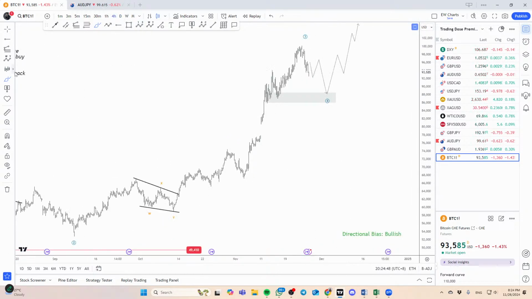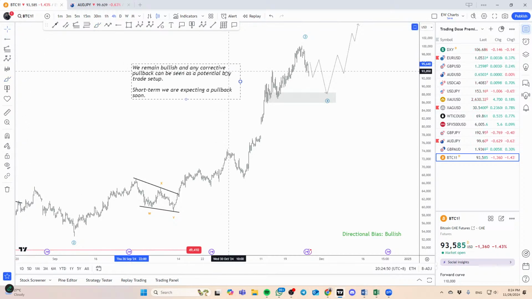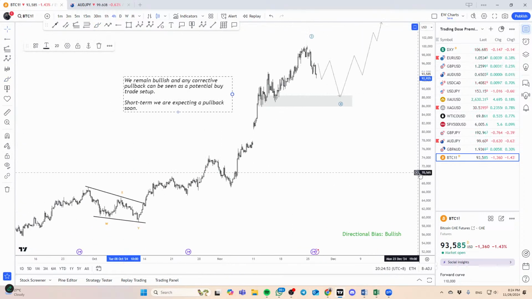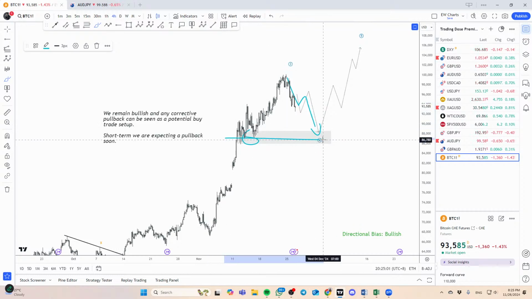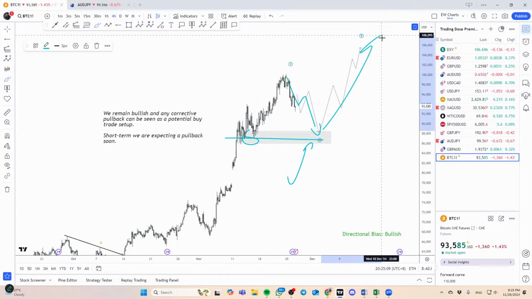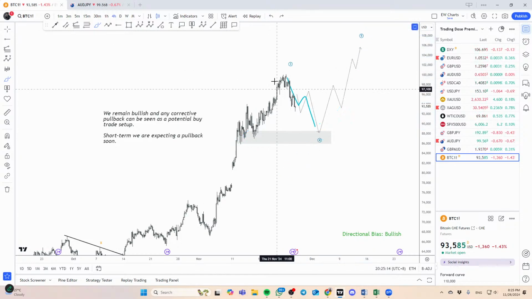If we look at the perspective of that plus the charts here, obviously now it's doing a little bit of pullback. I think the pullback can come back as deep as maybe around 88,000. But that also opens up an opportunity where you can look to buy into Bitcoin, expecting one more push up, potentially towards 120,000. So for cryptocurrencies, BTC overall is going to be bullish.